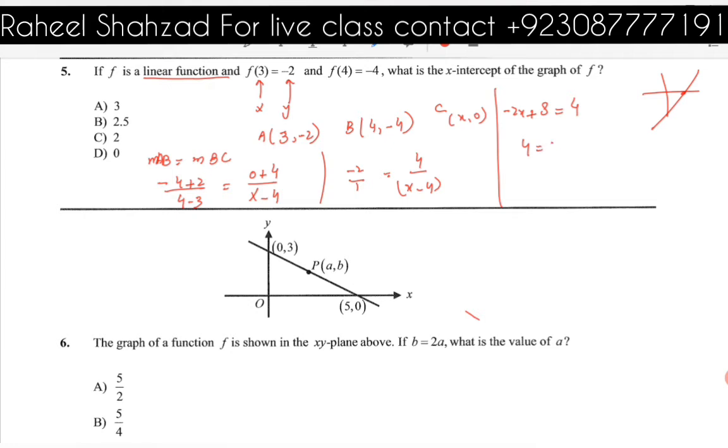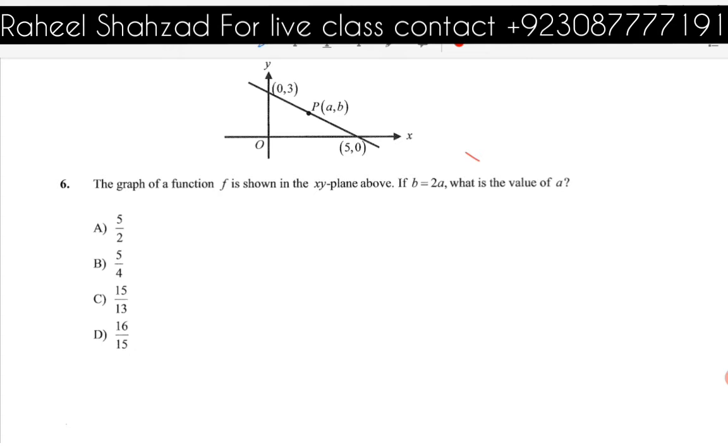So 4 is equal to 2x, x is equal to 2. So C will be my final answer in this case. Question number 6 is, it is given that